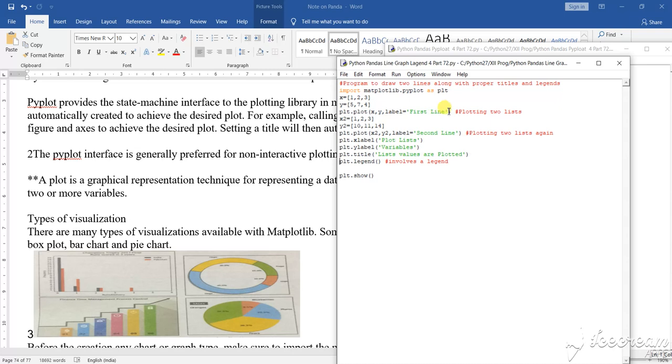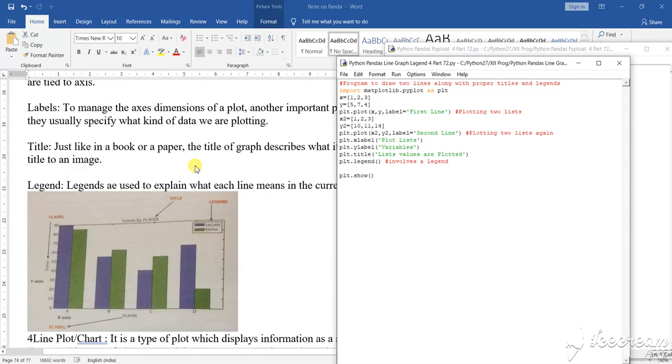Now what I need to give is the labels. See here, the labels I have shown to you. First we have said the first line, then x 1 2 3, y 10 11 14. Clear?